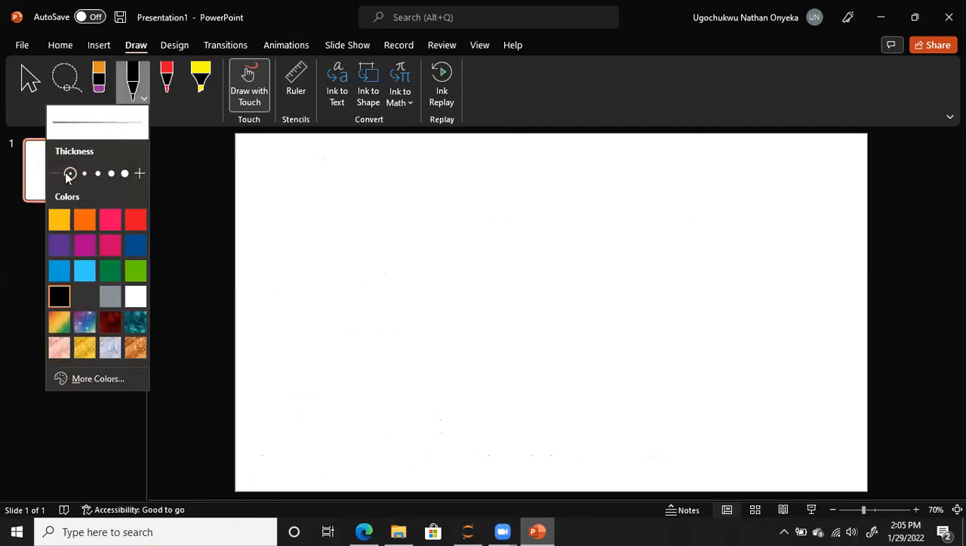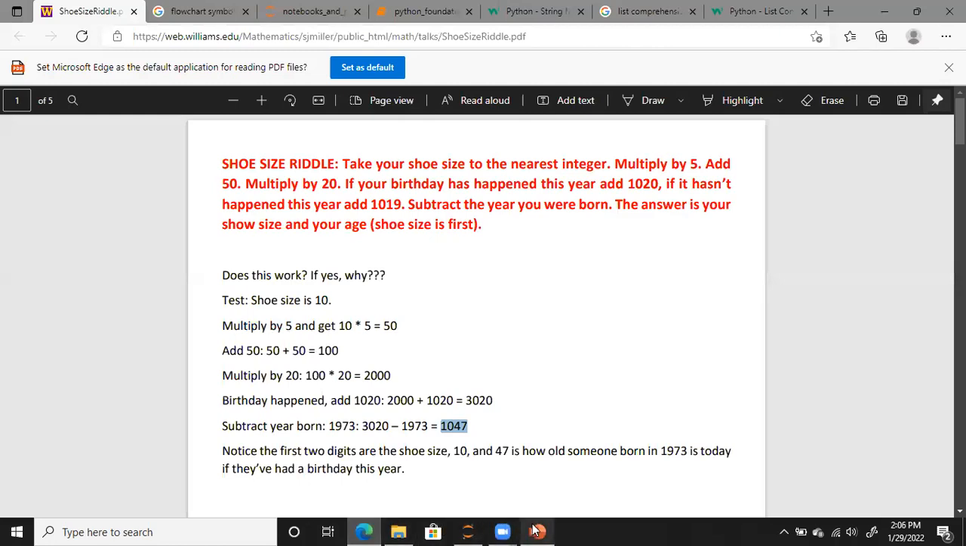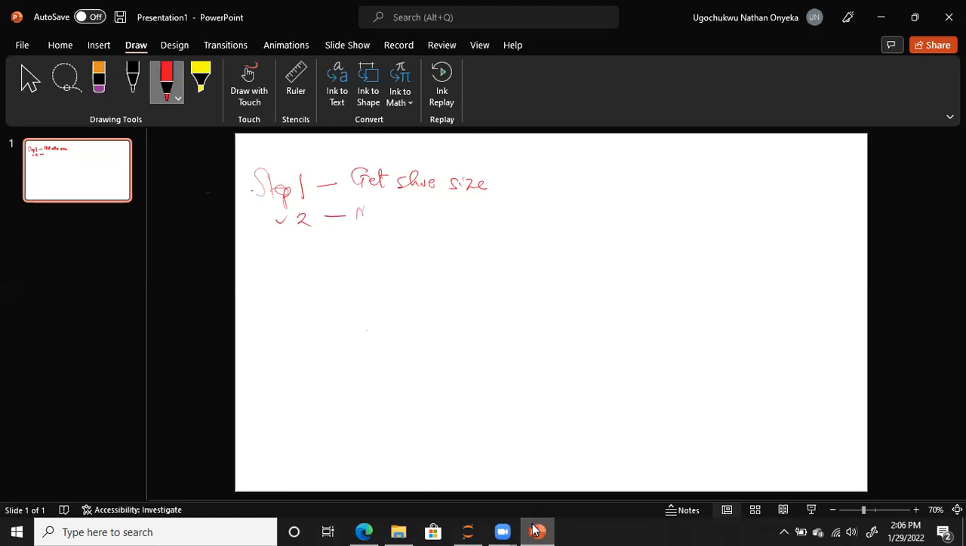So when I'm doing pseudocode, step 1 would be: get shoe size. Just in case you don't know your shoe size, you have to go and consult your shoe for it, fine. So that'll be the first step. The second step would now be to multiply that by 5. So I would have to say multiply shoe size